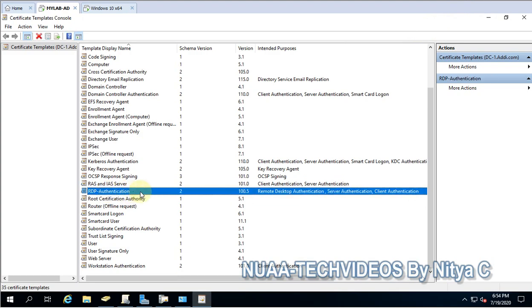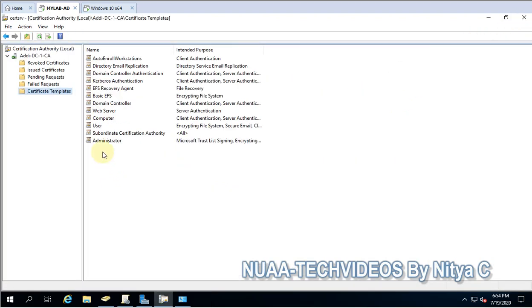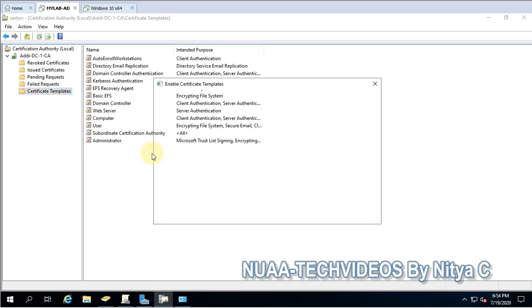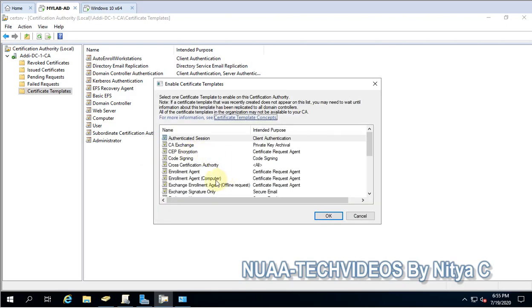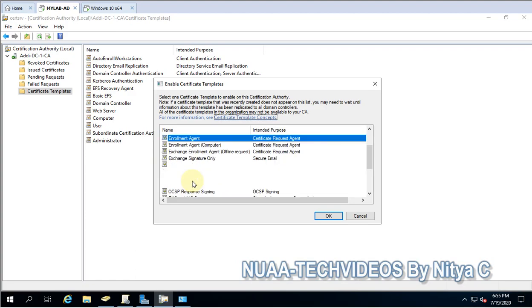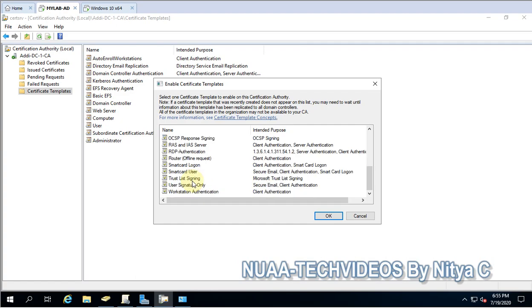So this is the template, and we will issue this template on certificate authority. So we will close this certificate wizard, and here on certificate templates, just right click and new and certificate template to issue, and this will give the list of all templates which are available, but we have to select only our template which we created, and in our case that is RDP authentication.